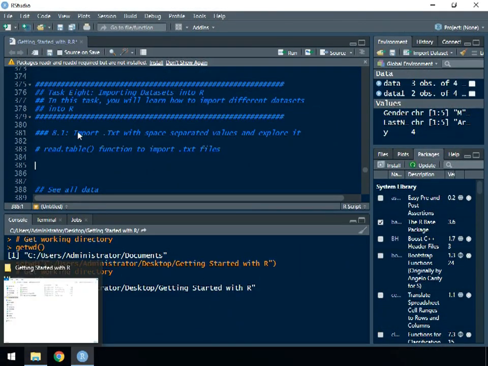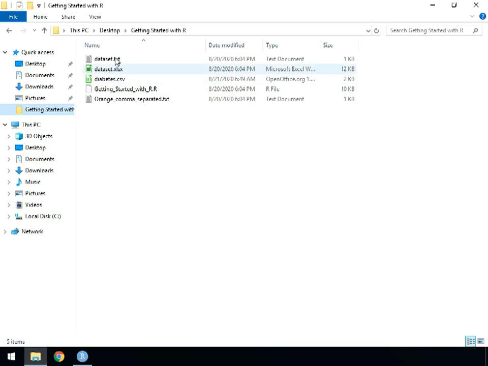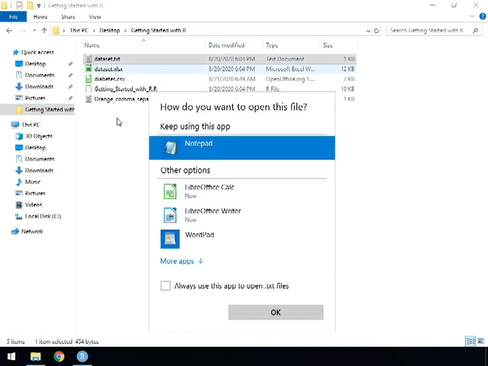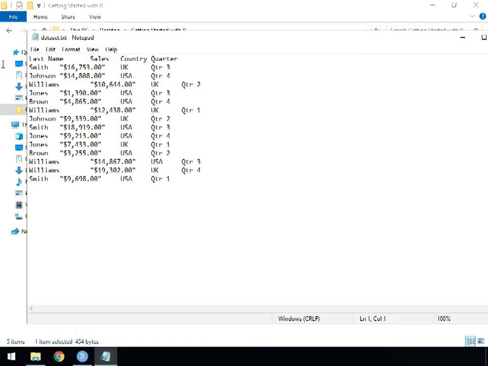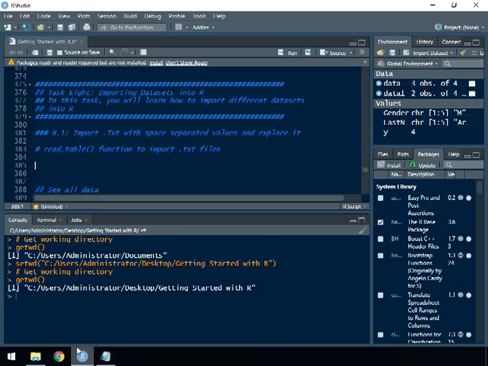So I have here a particular data set file that is space separated. Let me open that with Notepad. That is space separated, and I want to import that particular file. So to do that, I can just name a variable, say txt data. The function I'll use is read.table,